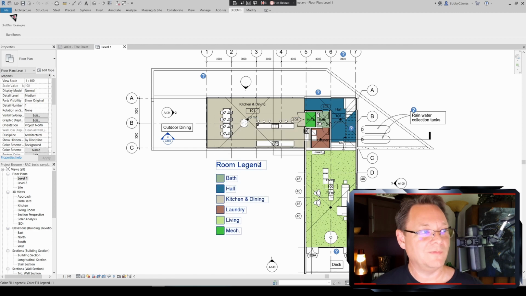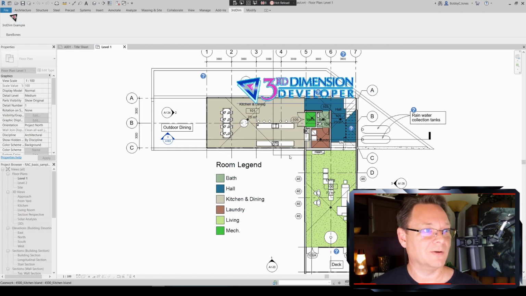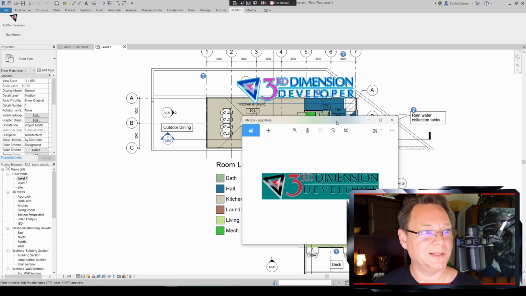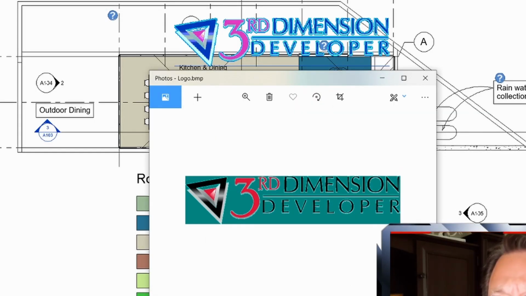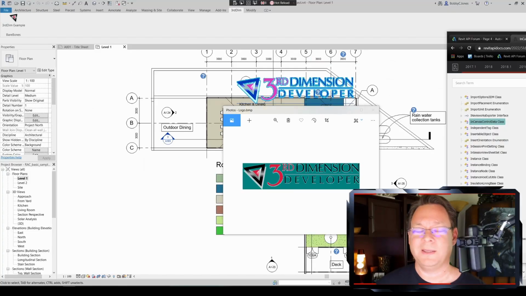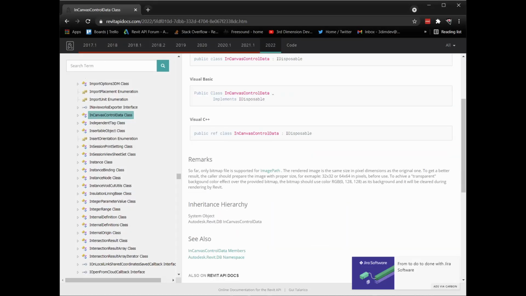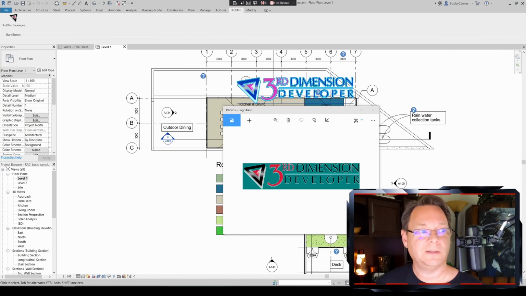Now, one of the things you may have noticed about our graphics, let's get them back out here on screen, is the colors are a little bit funky. That does not look anything at all like my original image, color-wise at least. Here's the original image, and there's not a tremendous amount of information in the help files about colors or about the type of image, only that it needs to be a bitmap and that it should be at the right size that you want to display it. And if you want a transparent background color, then you should use the color that I show here to get that transparent background. But other than that, there's not a lot of information. So I'm not sure why the color is the way it is.